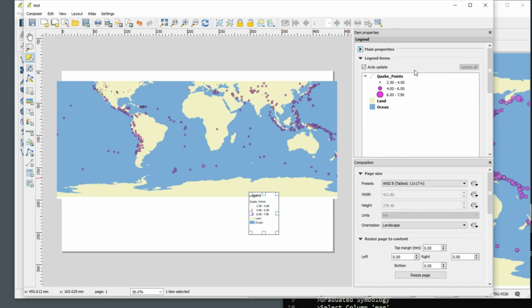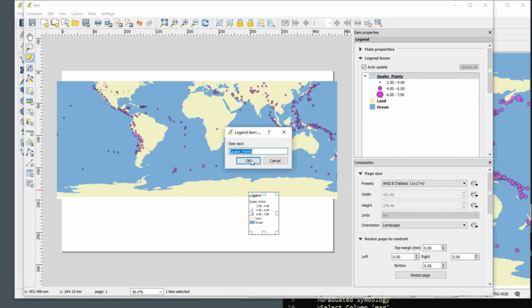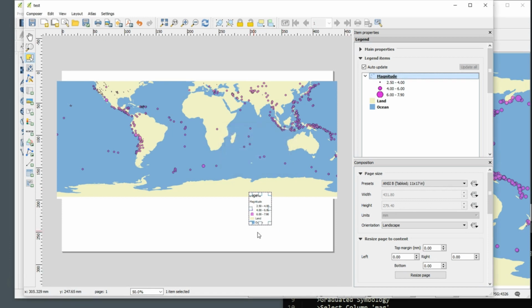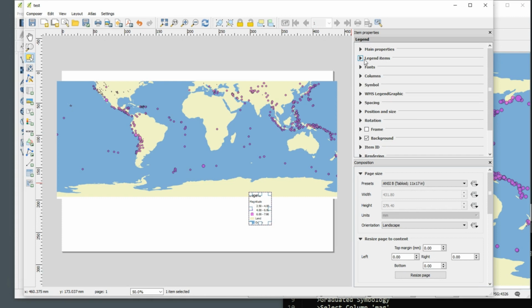Okay. So here I have its title, quake points, but I have an underscore here. Maybe I want to just call this magnitude. Okay, so it's really important in the legend that we specify what we're measuring, especially if we've classed something out. So in this case, it's magnitude. Legend is kind of a boring title. So if I go into